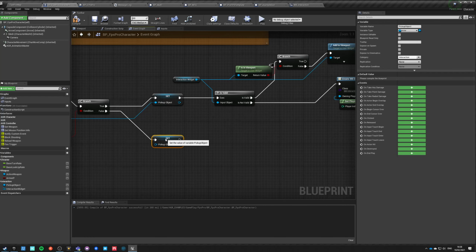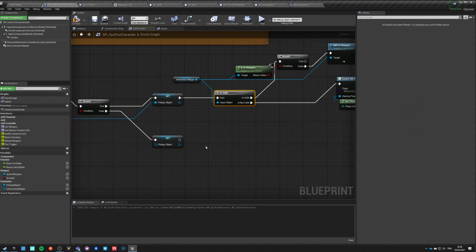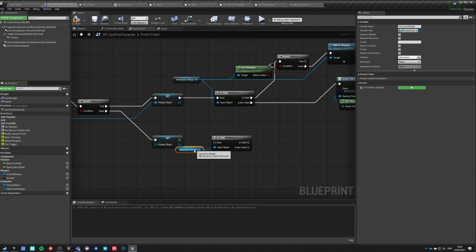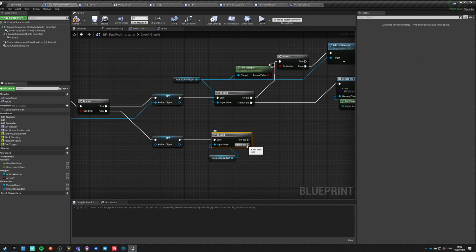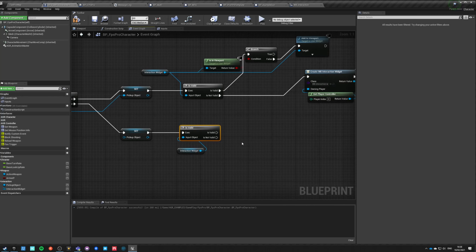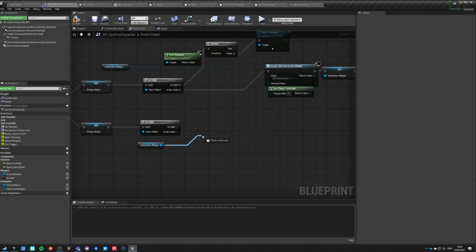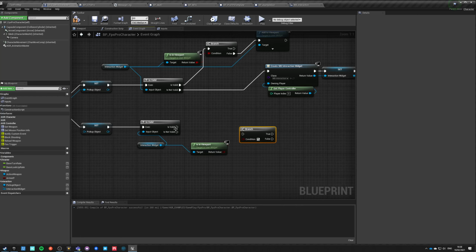And now go here and do basically the same thing. So interaction widget, if we want to hide it. If it is not valid, then don't do anything, it's fine. If it is valid, is it in viewport? It's not in viewport.